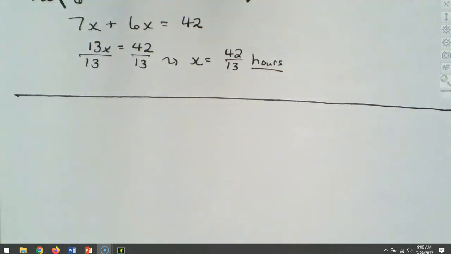Yep, and just leave it as a fraction just like that. You don't have to break it up. You can if you want to, but we'll just leave it as a fraction just like that. And that's okay for this application because that's how the textbook does it. So they just leave it as a fraction. So that's how we work through